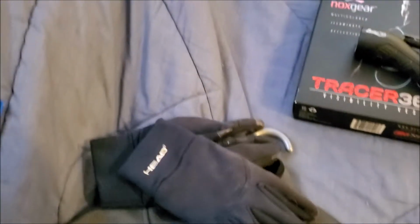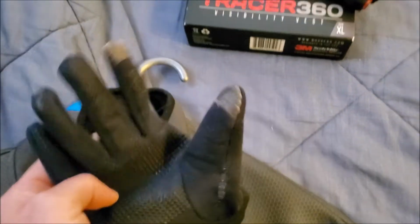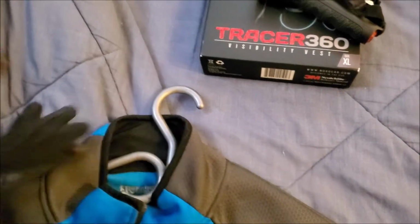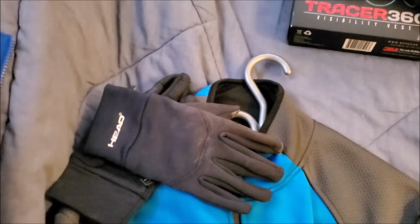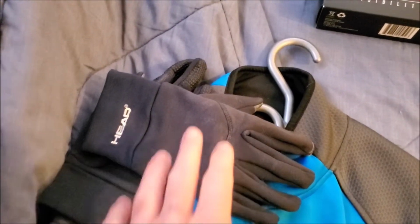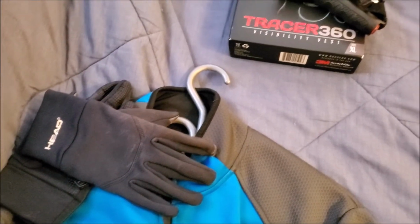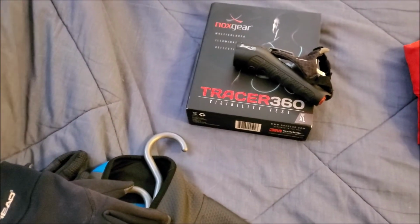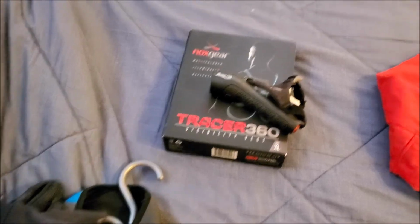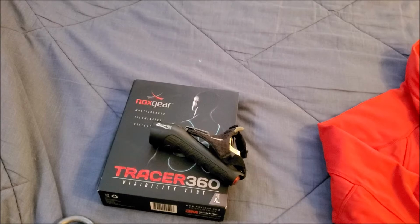Gloves, I wear these, and these are just Head. They're different thicknesses. These ones have the phone touch thingies, so that works for me. And if it's really, really cold, what I've been known to do is take regular leather work gloves and put those over the top of these and layer them up. I'll also have some old woolen mittens that I've had forever. I think my aunts made them for me since I was a kid, and I'll wear those sometimes as well. But it's all in layering really, and then you can always stuff things in your pockets or your hydration backpack